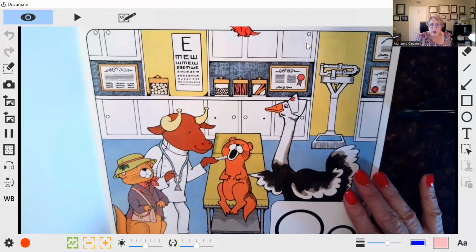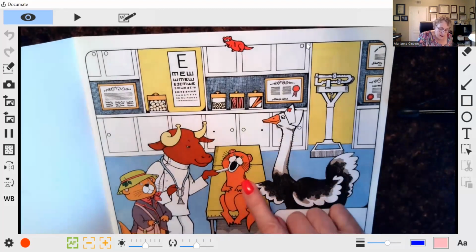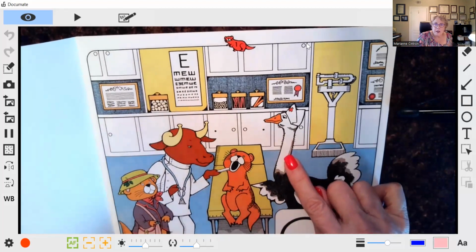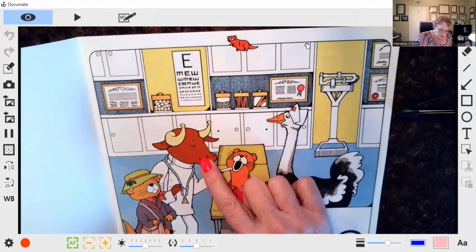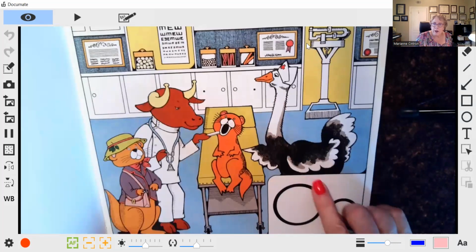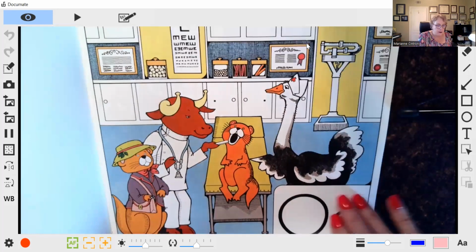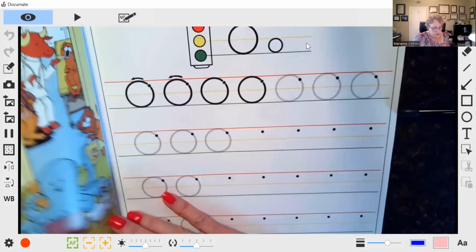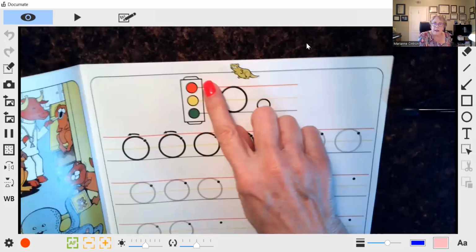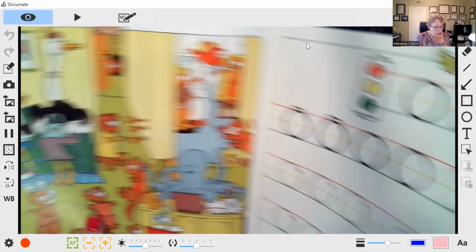We have an otter. We have an ostrich. We have an ox. And here, your child can trace the O with their finger. Look at the beautiful colors. Here we have the stoplight again, red, yellow, green. But I want to show you the pictures